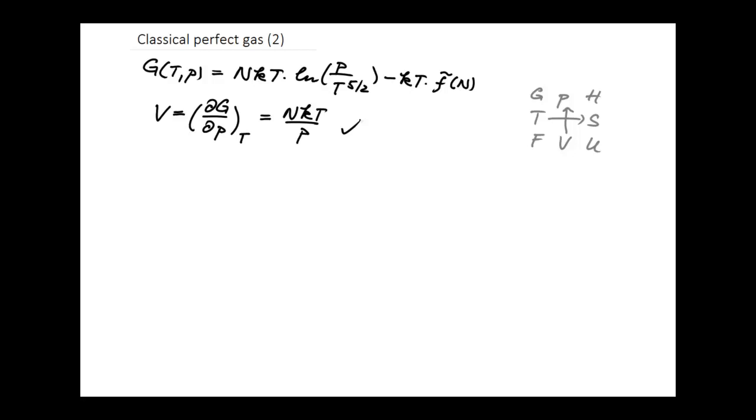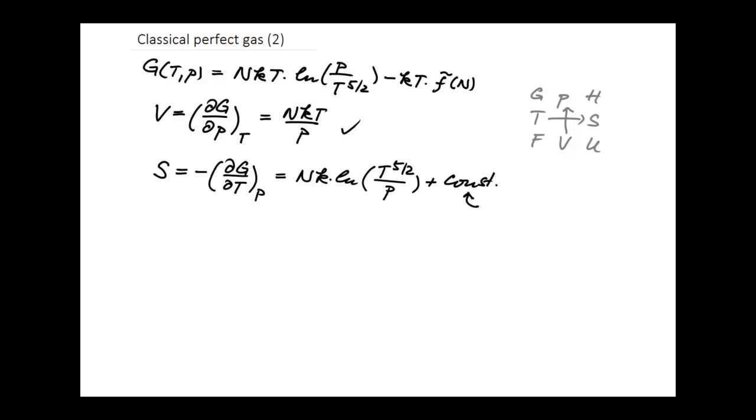Another quantity that we could calculate is the entropy. According to the Guggenheim square, the entropy is the conjugate of temperature, so we should obtain that by taking the partial of the free enthalpy with respect to temperature at fixed pressure. Since temperature is at the tail of the arrow, there is a minus sign. So we look at the dependency of G on temperature and take the derivative, and this gives nk times the log of temperature to the power 5/2 over pressure plus a constant,